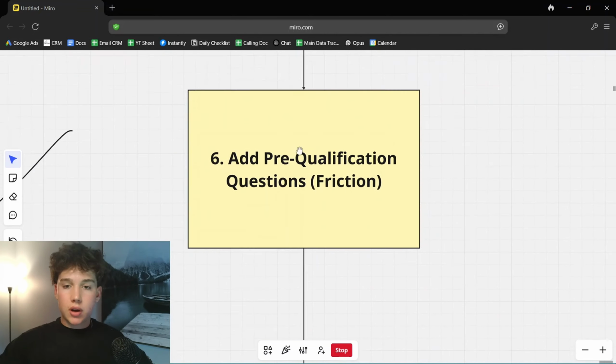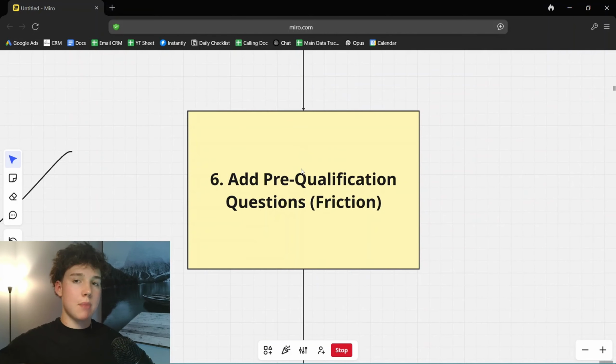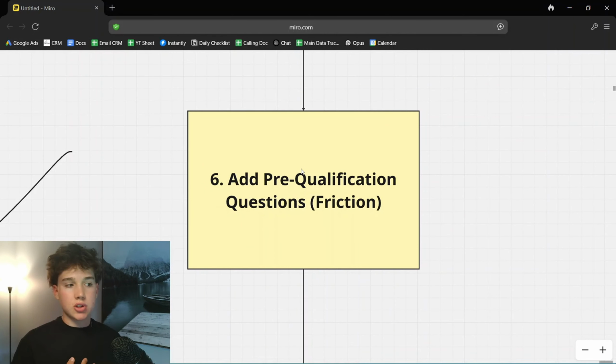Number 6 is add pre-qualifying questions on the front end. Add more friction before someone can opt in. A simple example is if someone clicks on your ad and goes through to the page, rather than just getting their name, email, and number, why not ask, hey, what's your address? What's your timeline to sell? Any stuff like that. The more questions you ask, the more friction you add on the front end for someone